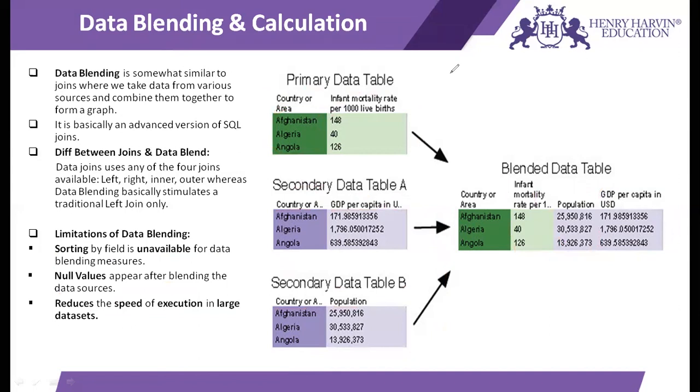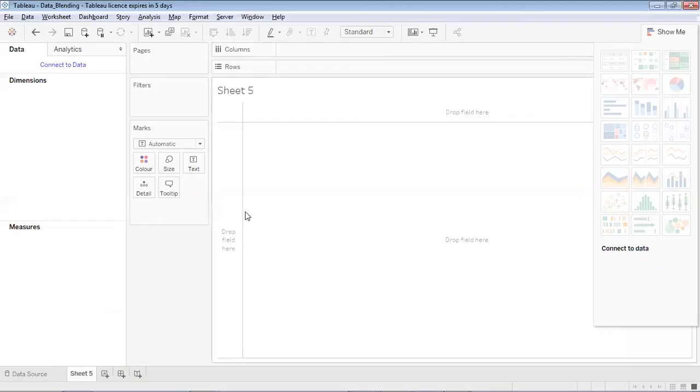So without much ado, let me take you to our Tableau workbook. So here is my Tableau workbook, and here I would like to combine my two data sources. Both the data sources represent the sales of a coffee company. This coffee company has two kinds of services. One is they have cafes across the country. The data set looks like this. So they have got cafes